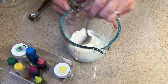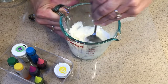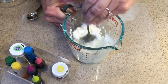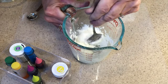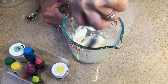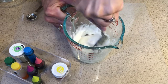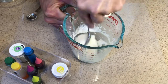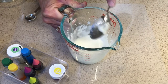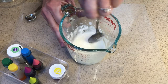All right, so now I'm going to stir this up. And it's going to be difficult to stir. And it's going to create a non-Newtonian fluid. So again, it's going to act as both a liquid and a solid here. So just make sure you get it all incorporated there. Now, the reason I used this mixing cup with a spout